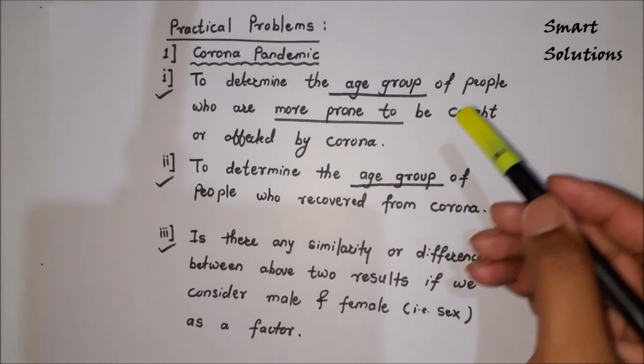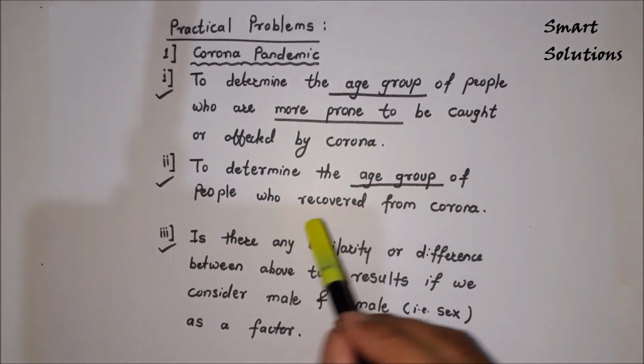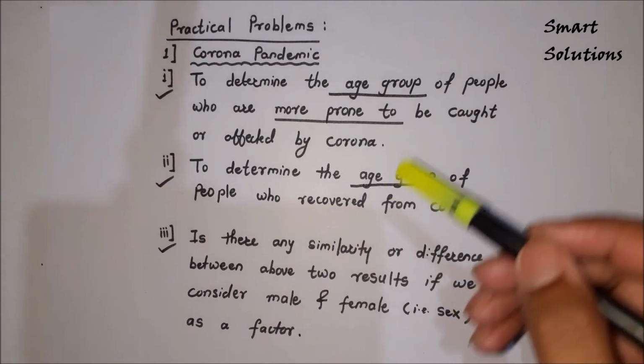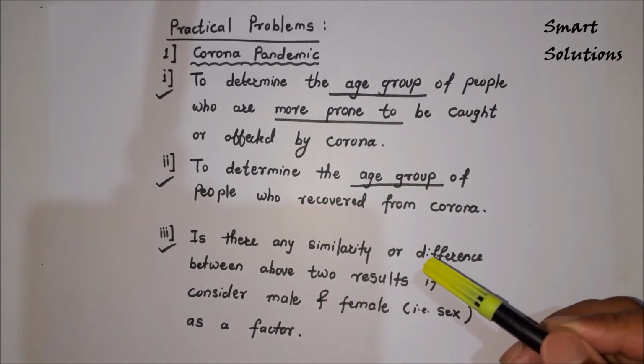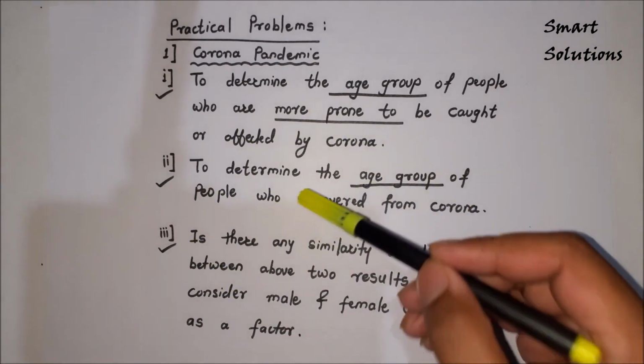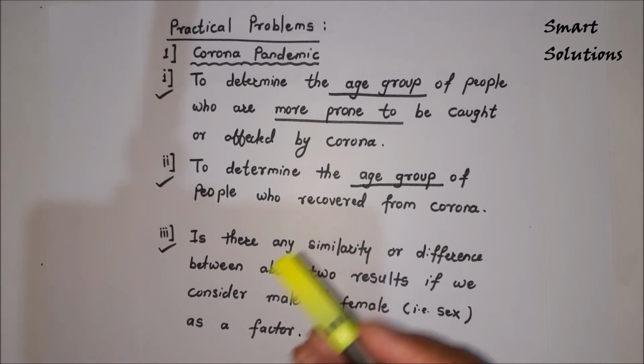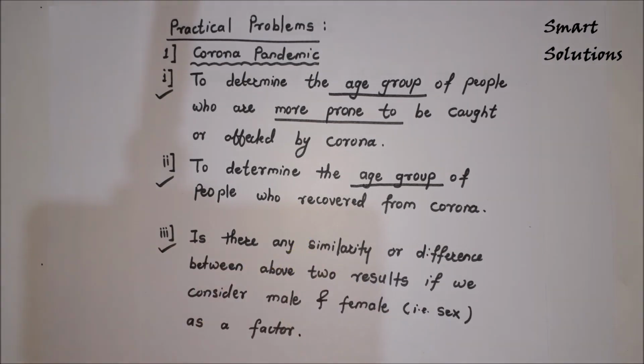What is the age group and what is the percentage affected by corona, and also what is the percentage recovering from corona in the case of male and female? If you consider them separately, what are these percentages and how do they vary? So that we can understand from this problem using set theory. We will be dealing with these problems once we are done totally with set theory, but this is the major application where you can apply set theory to get some important information from your everyday problems.